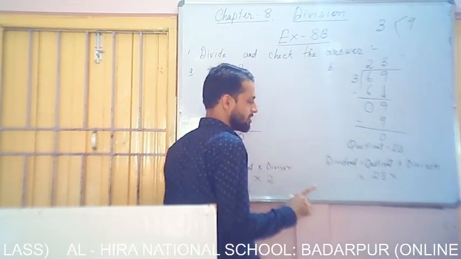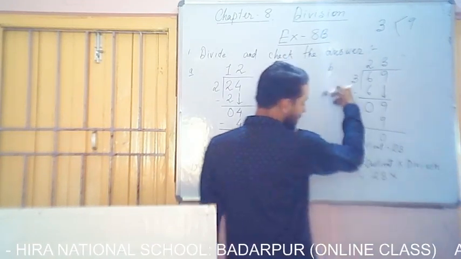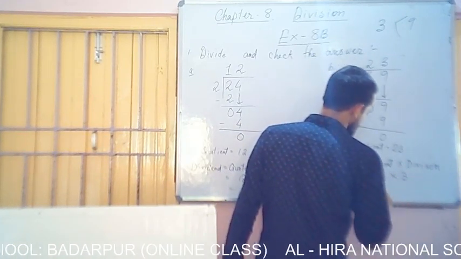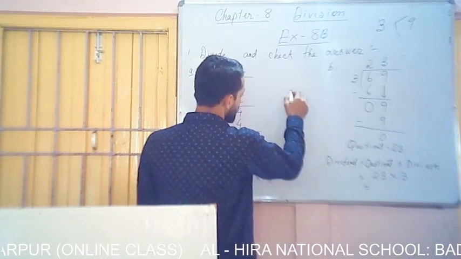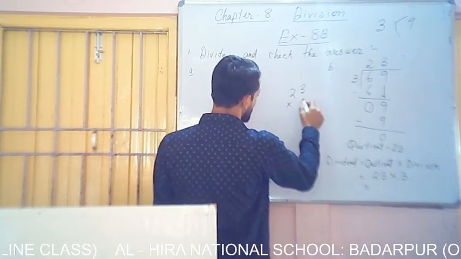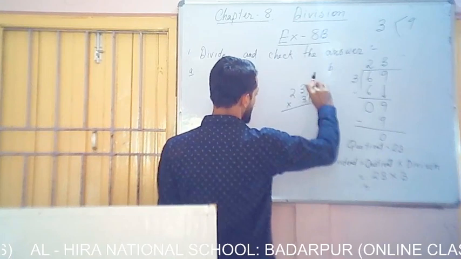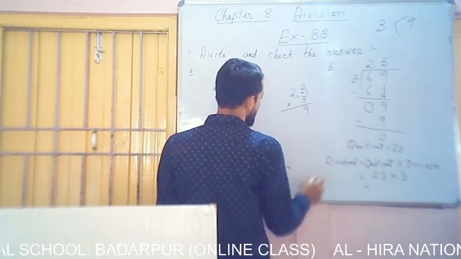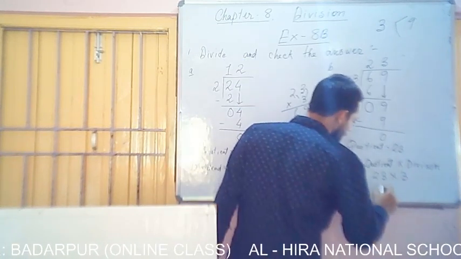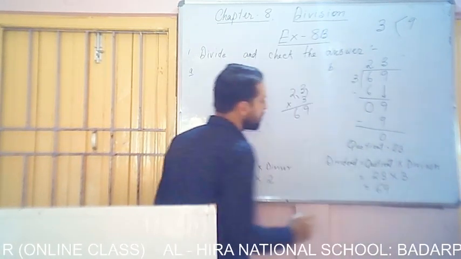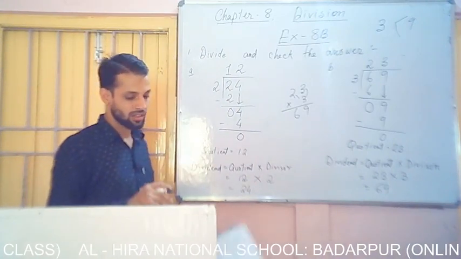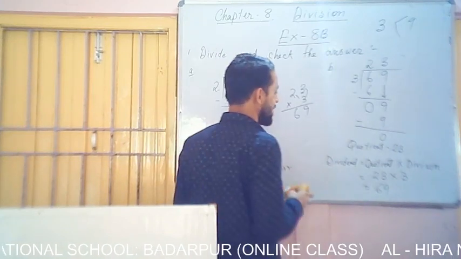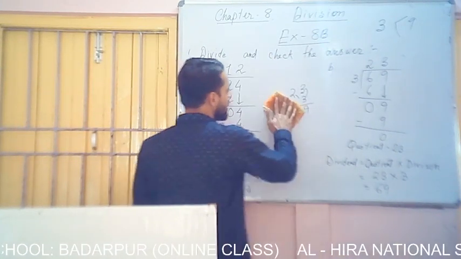So now which number is the divisor here? Here 3 is the divisor. So in place of divisor we have to write 3. Now if we multiply these two numbers, 23 multiplied by 3. First of all we multiply 3 into 3. 3 threes are 9, we write 9 here. Next we multiply 3 and 2. 3 twos are 6. Therefore the answer is correct, as the dividend is 69 after multiplying the quotient and divisor. Okay.